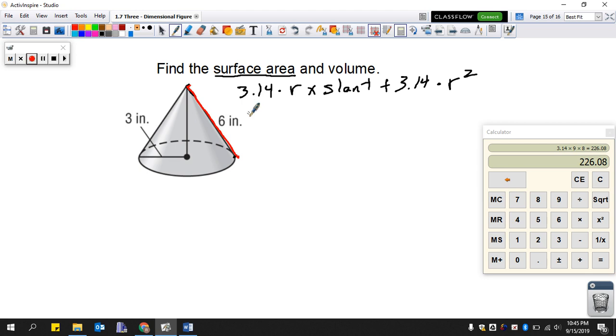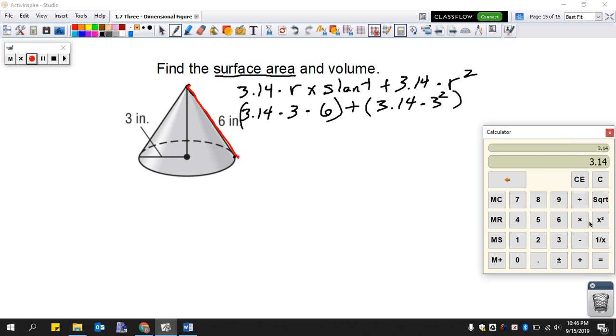So plugging in the numbers, 3.14 times the radius, which is 3, times the slant height, which is 6, plus 3.14 times the radius squared, 3 squared. When we plug that in, 3.14 times 3 times 6,